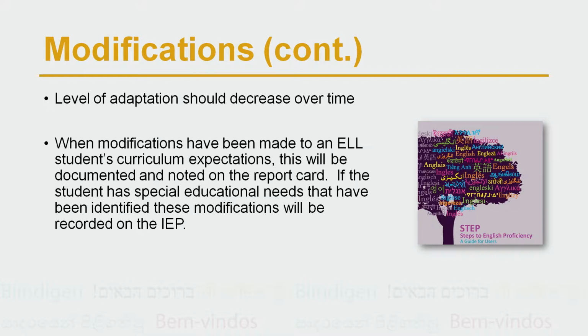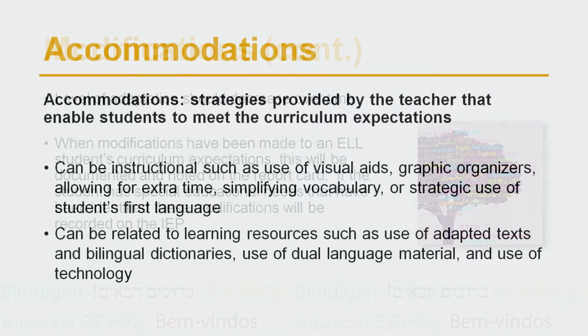Modification is defined in the Growing Success document on page 150 as a meeting of the learning needs of a student by making changes to the grade level expectations for a subject. Changing the number and/or complexity of the subject expectations or using expectations from a different grade level are examples of modifications that can be made for ELLs. With modifications, it is important to keep in mind that expectations must be realistic, specific, observable, and measurable. They must describe specific knowledge and/or skills that the student can demonstrate independently, given the appropriate modifications.